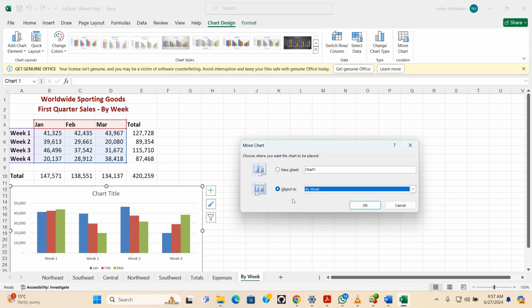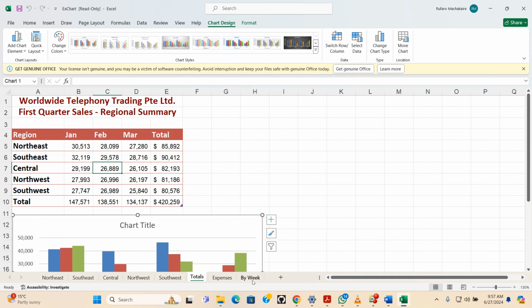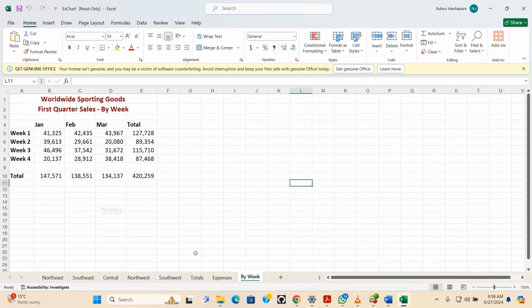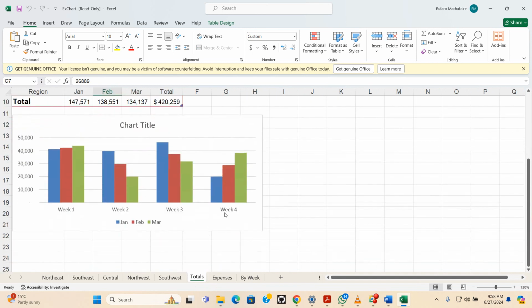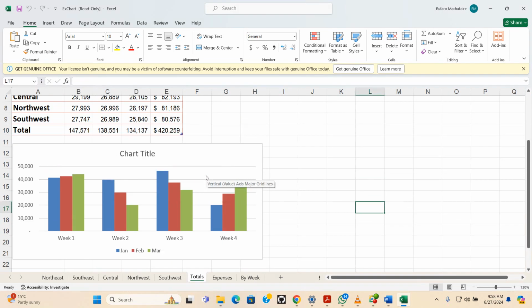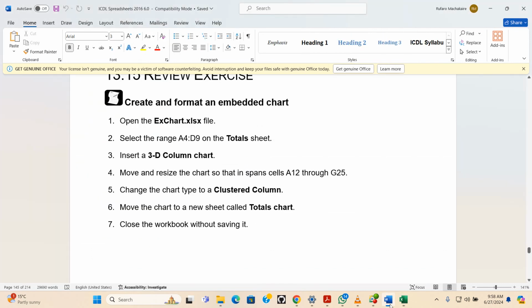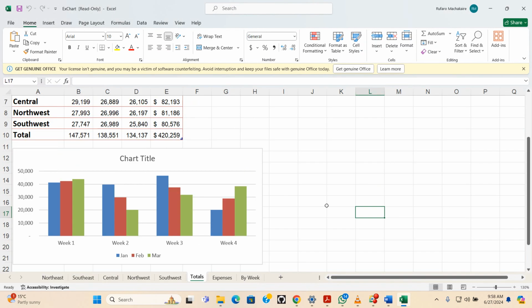So let's do it. You come here, you click, and you find totals. So the moment you click OK, the chart will be moved from by week to totals. So this is our new one. This is where our chart migrated to. So this is how we migrate the charts. So I think our questions are over, but I want to add more questions and more